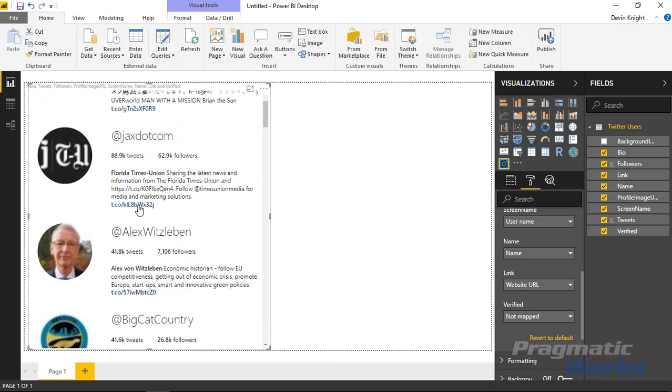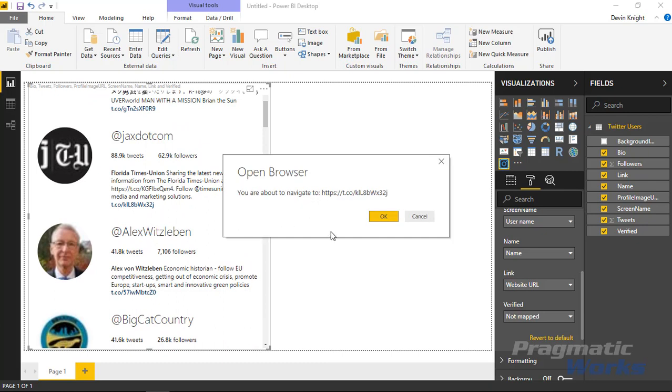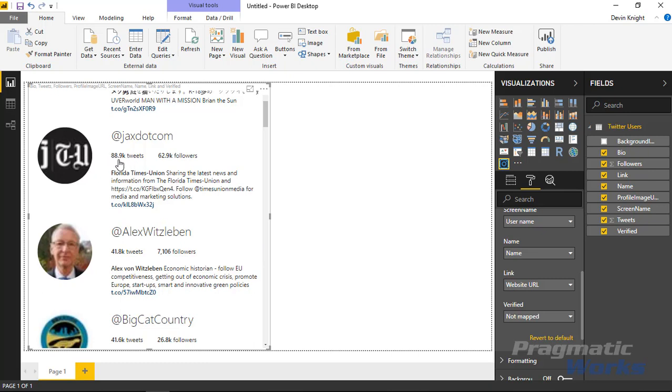And you could also select and click on the links right here. If I clicked on this, this would actually launch open a web browser that would navigate to the link that's on the profile of the user. You can also see the number of tweets, the number of followers shown here, which looks quite nice. And then if you wanted to, you can also make some adjustments to the size and the